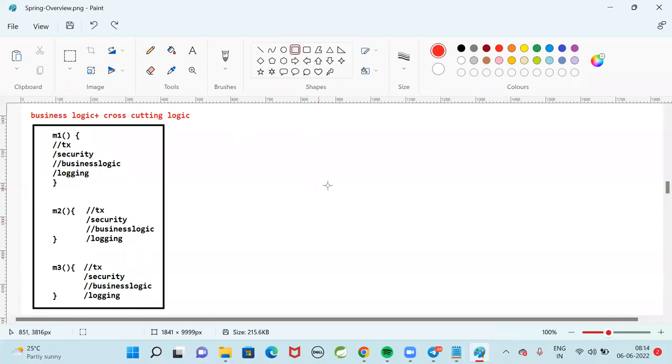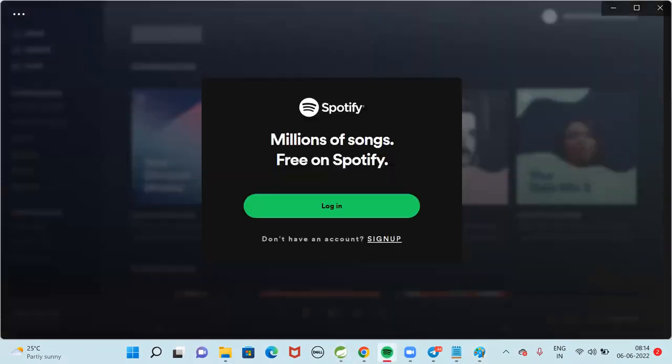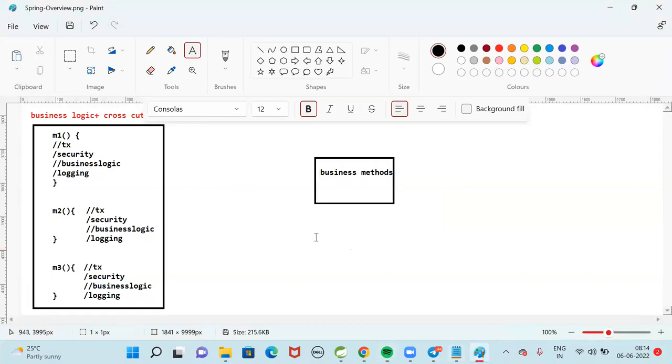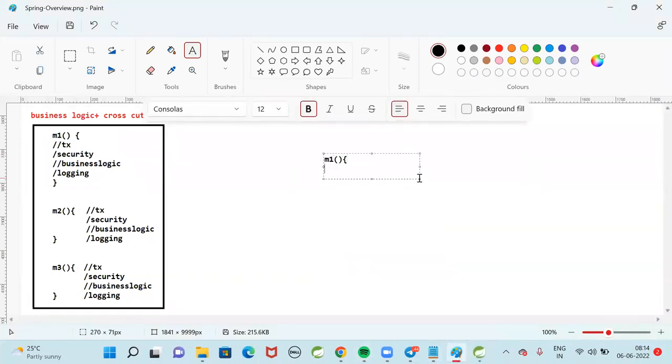Then what we will do in our application is create the business methods like M1, M2, M3. In my M1 method, I will write only business logic.